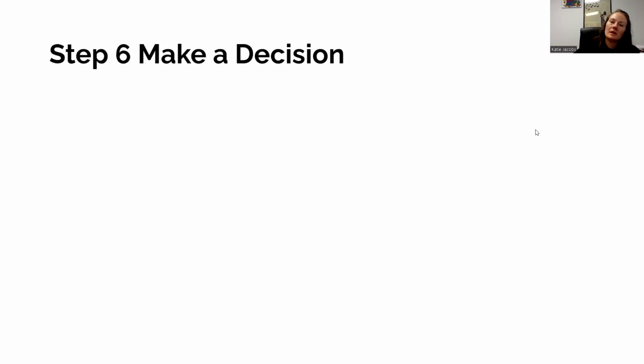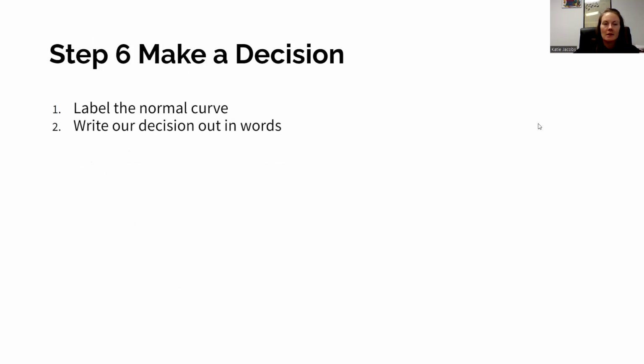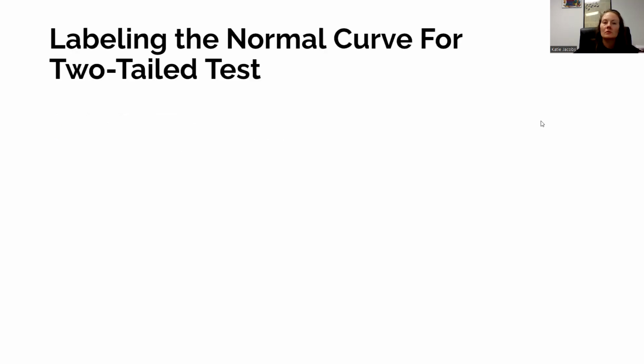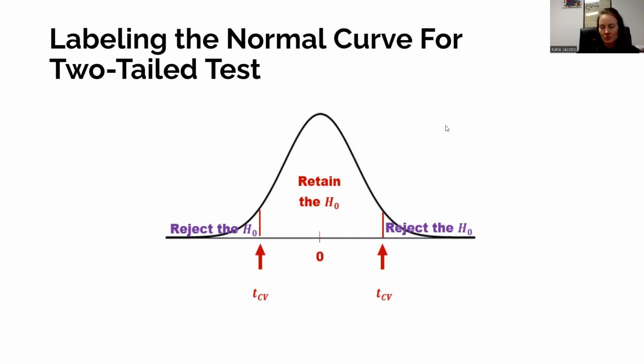Step 6, then we're going to make a decision. To do that, we're first going to label our normal curve. Then we're going to write our decision out in words. Then we'll write our decision out in symbols. So, labeling our normal curve for a two-tailed test, which means that we wrote our hypotheses non-directionally,